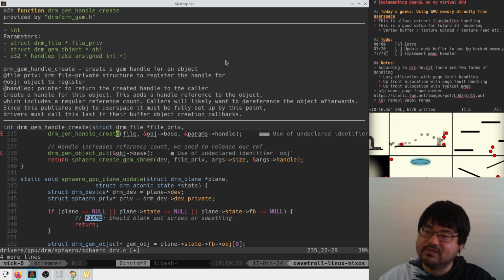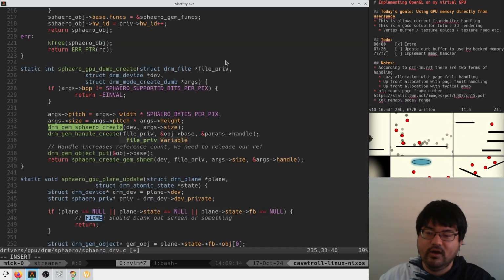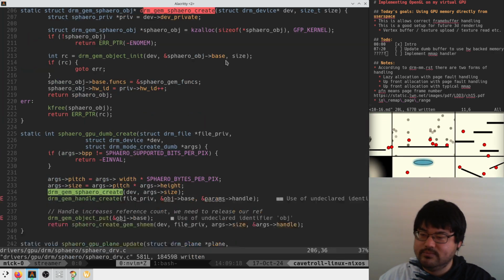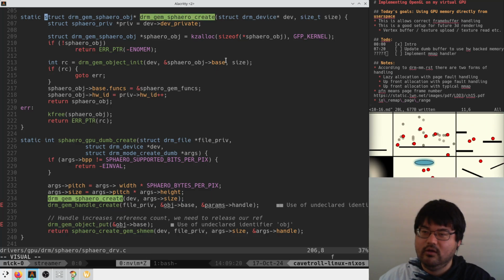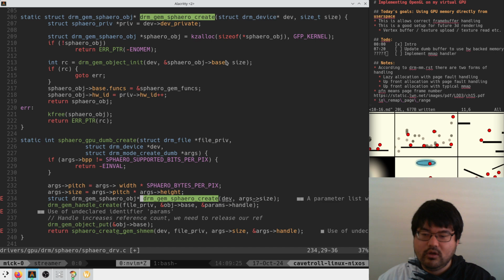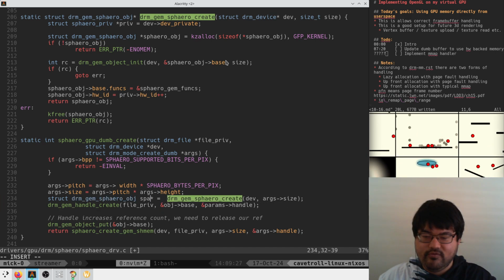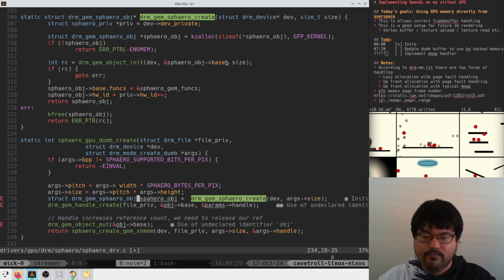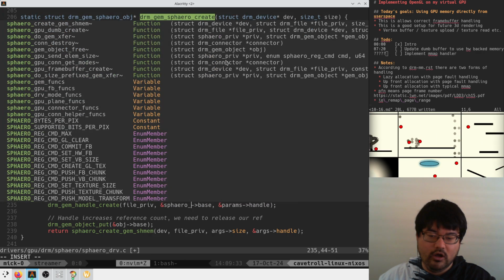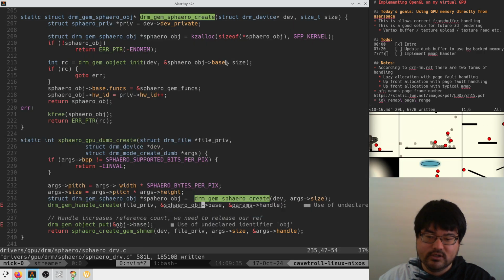So this thing expects a DRM file, so we just say file priv here. And he is going to come from this object that we made. So we're going to be like, hey, could you make us a hardware backed buffer, please? Sphero obj, I guess we'll call it. And then from here, we can say Sphero obj base, and